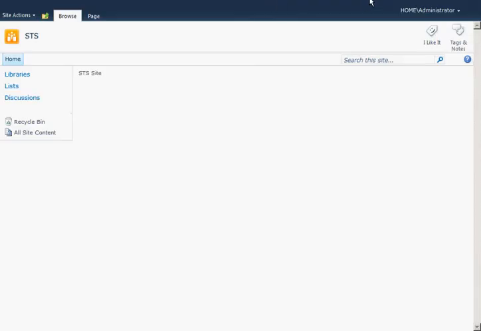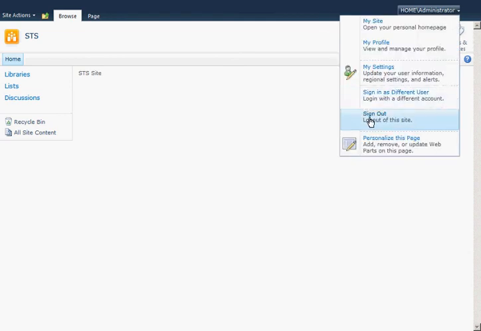Now click, same problem, because when you use STS, the problem to solve is single sign on. This is a problem when you have to close the browser. So sign out and